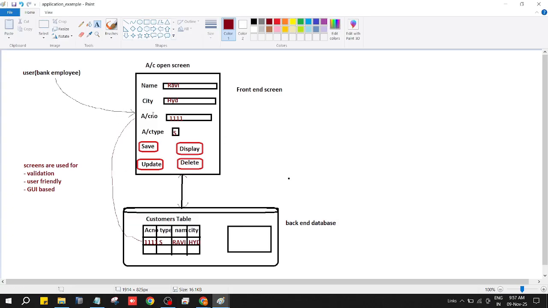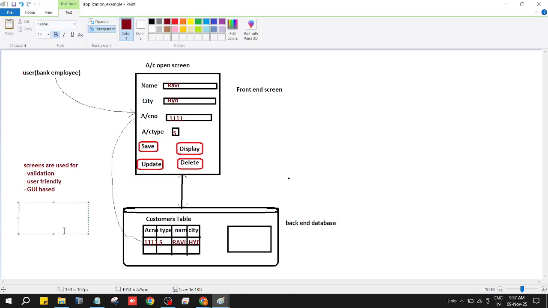So the validation advantage is that only valid data can be entered into the database. Valid data is accepted. Invalid data is rejected at the front end only. That's why we are using system screens everywhere. Hope you guys understand this. Screens are user friendly. Screens are used